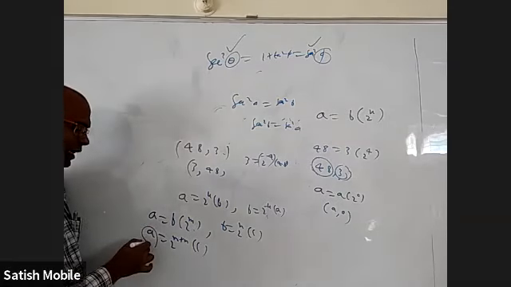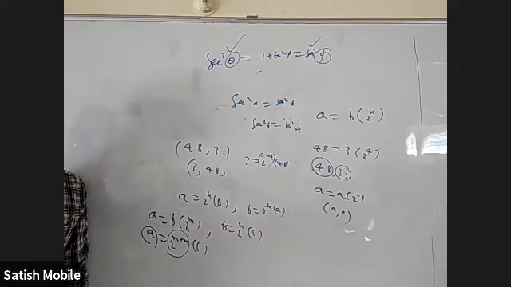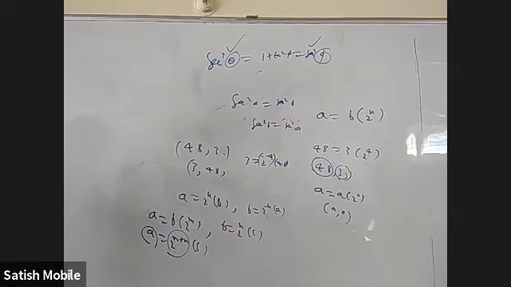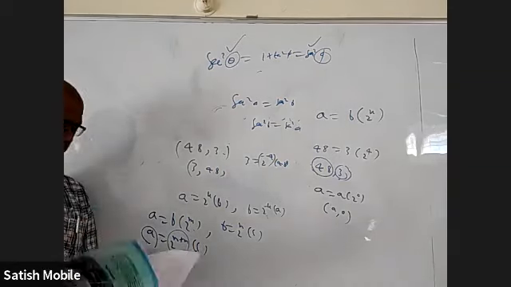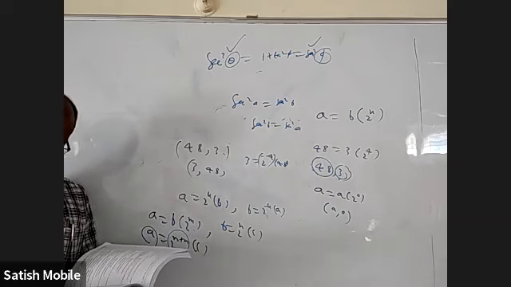So again, you're able to write A as 2 power something into C. So if A is related to B, B is related to C, A will be related to C. Are you able to follow that? Okay. So it is reflexive, symmetric, transitive, all 3. It's an equivalence relation. Okay.